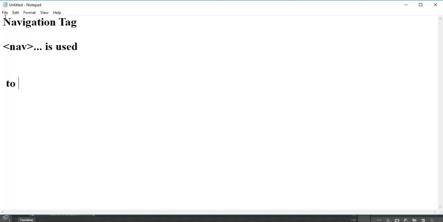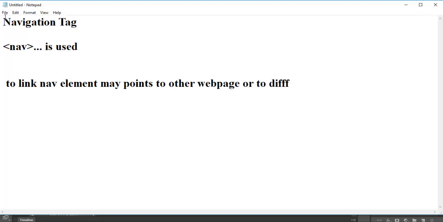To link, the nav element may point to another web page or to a different section of the same web page. Okay,